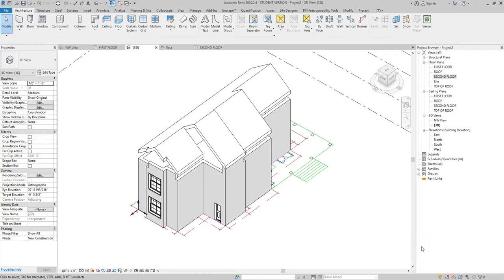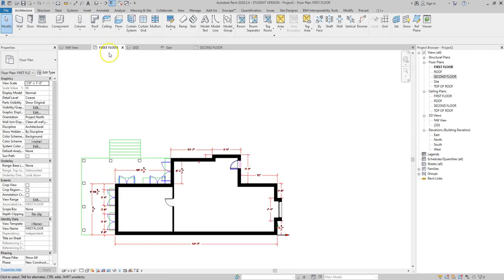This tutorial will carry on from the last tutorial where we added walls, doors, windows, floors, and roofs. We're now going to add sections, which allows you to see your building project in a different way. I'm going to start with the first floor, and on the Architecture tab, we do not actually have the section